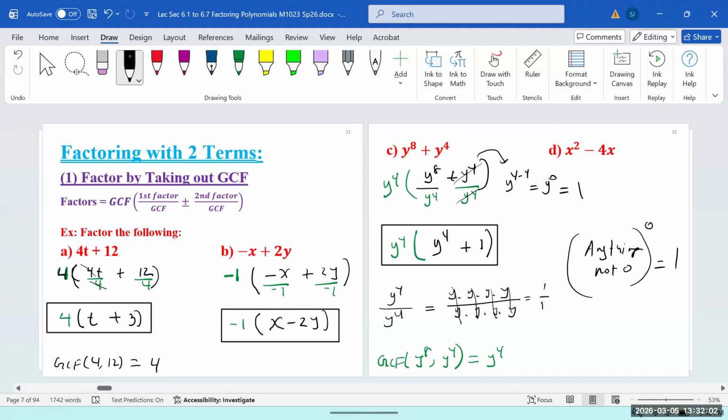Okay, so last volunteer, Kyle. You said so, I was like, oh, let me pick him. This one is actually the easiest one. You look at the variables. What are the variables you have? x squared and x. So what's the GCF between x squared and x? x. So let me erase all these things.